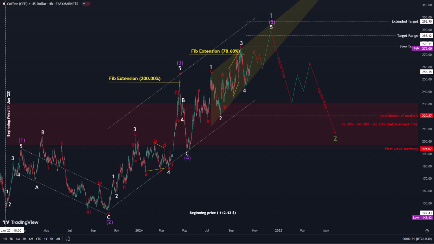It appears that the 5th wave is forming an ending diagonal pattern. Following this, we can expect a corrective pattern, which could be a simple or multiple zigzag within a certain range, before seeing further advancement in coffee during the bull market.